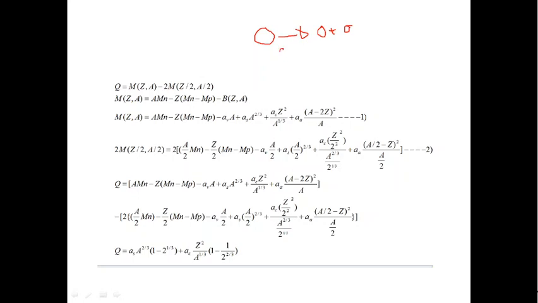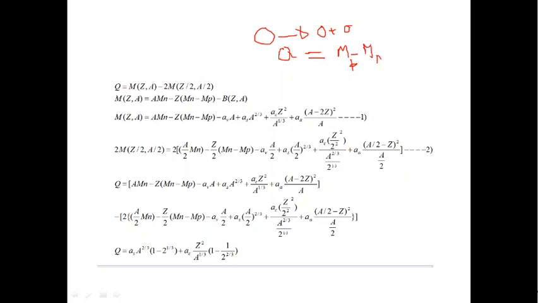As you know, Q is nothing but the mass difference. Dear students, please understand, we are talking about spontaneous fission. We are not talking about a neutron which is bombarded on this. We are talking about a nucleus undergoing fission on its own. It's called spontaneous fission. As you know, Q is equal to the initial mass minus the final mass. This is the parent mass minus the daughter mass.